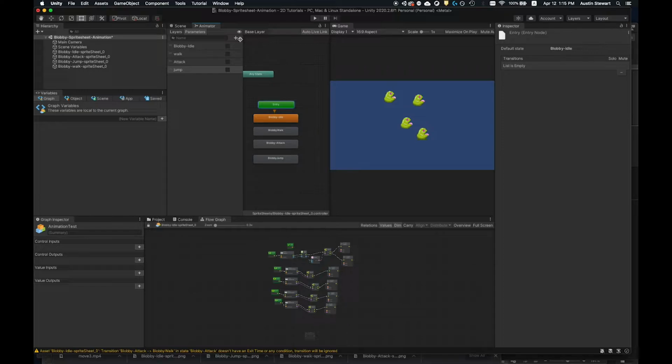But in terms of making a graph, at least for the number of different states I have here, it makes sense to have these all be transitions. Now, there's a point where if you have a boatload of different states, doing all the transitions is a total nightmare. And so that might be a time when making a graph where you were essentially choosing when you would switch between these different states might make more sense. But in this case, because there's so few states, I'm going to show you how to do it with transitions